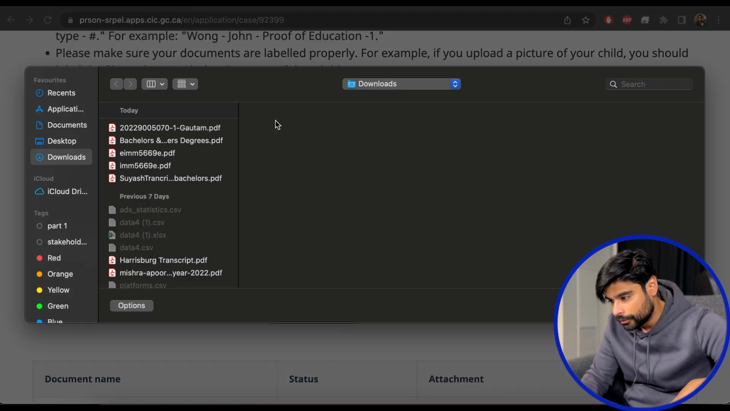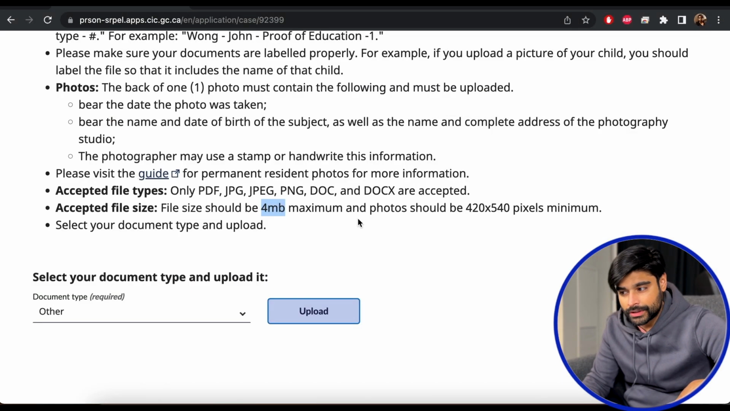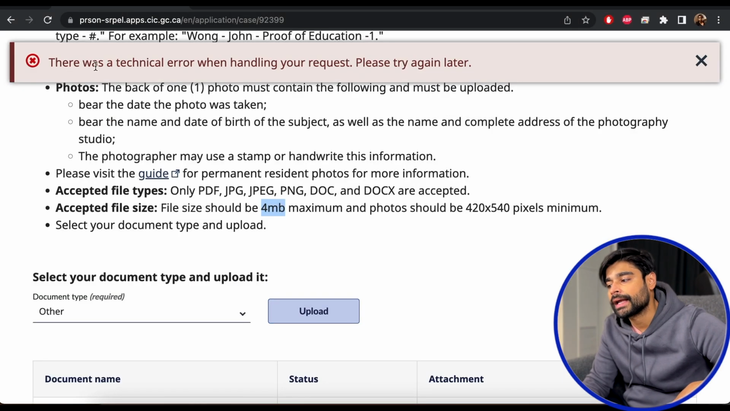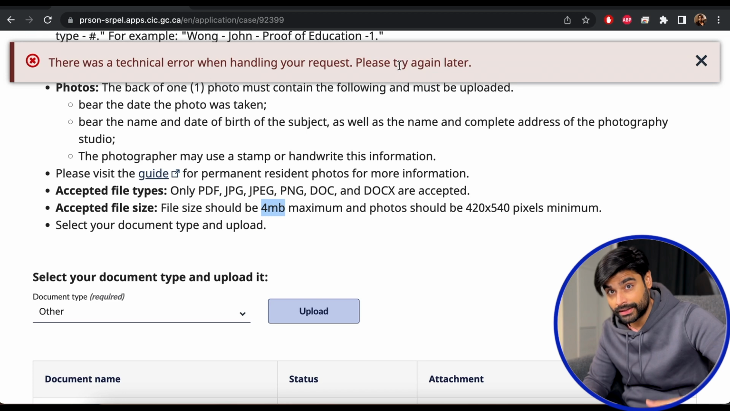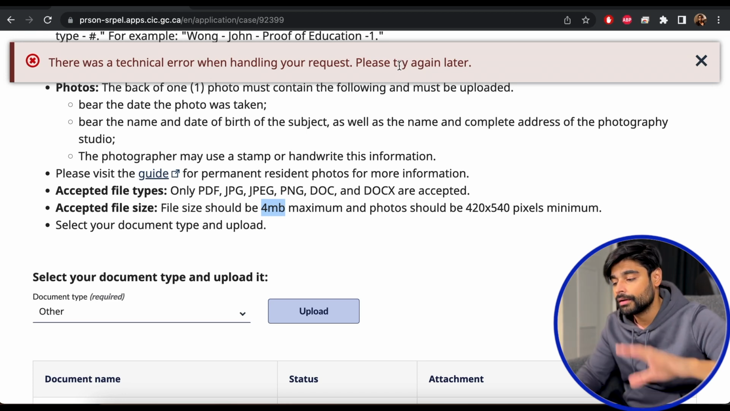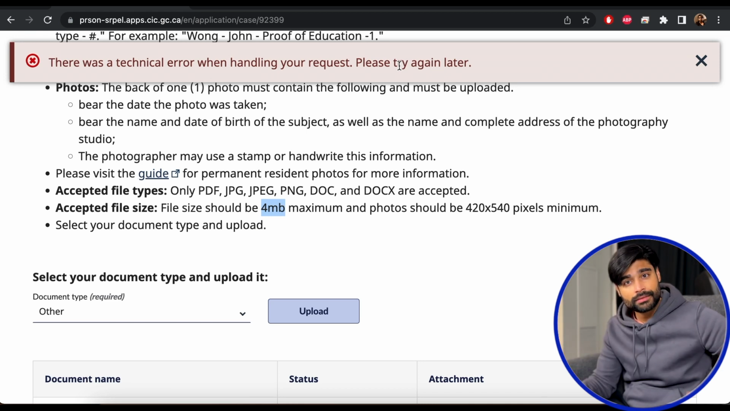So I click on upload, and if I select that document and I click on open, as you can see, there was a technical error when handling your request. It doesn't really tell you what the error was. I'm going to tell you what the error was, and my subscriber already figured it out by herself and she shared this with me. The name was too long. All right. So there's no specific length mentioned here in the instructions about how long your document names can be,